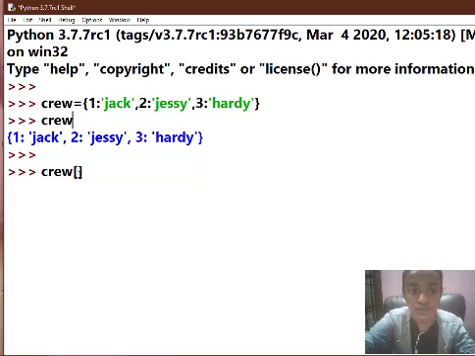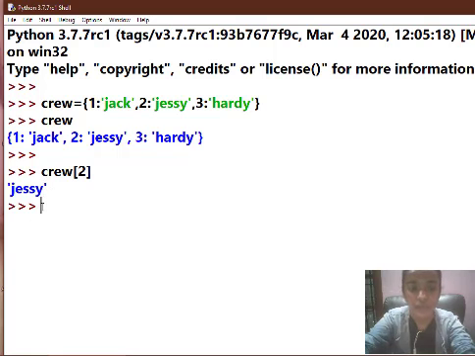So inside the square brackets I specify 2, and when I press enter, Python will immediately search in the dictionary, find the key 2, and in the output it will give the value for key 2. That is what Python has done here for us.